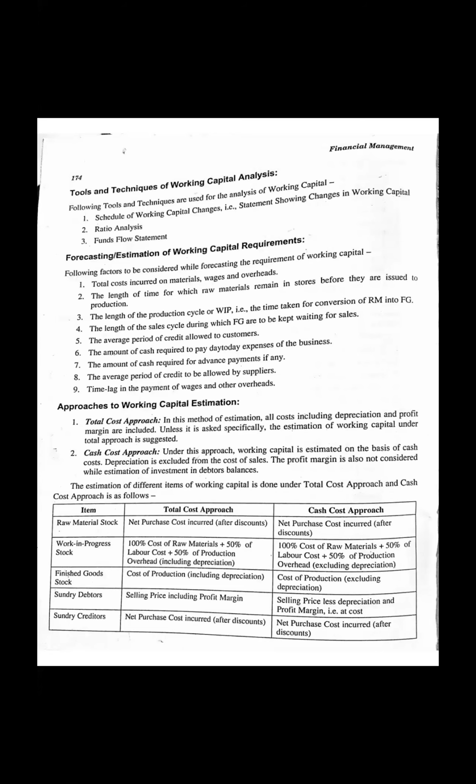I have asked you all that we have started with the numericals on the cash cost approach. We have solved the numerical on the basis of the cash cost approach. So what we include in the cash cost approach is very clear: only and only cost of production. We don't include depreciation. Always remember, in the cash cost approach we do not take depreciation and profit as part. In total cost, we take both these things.